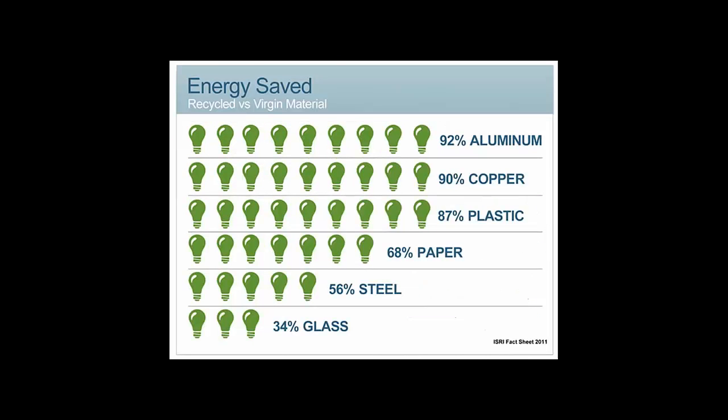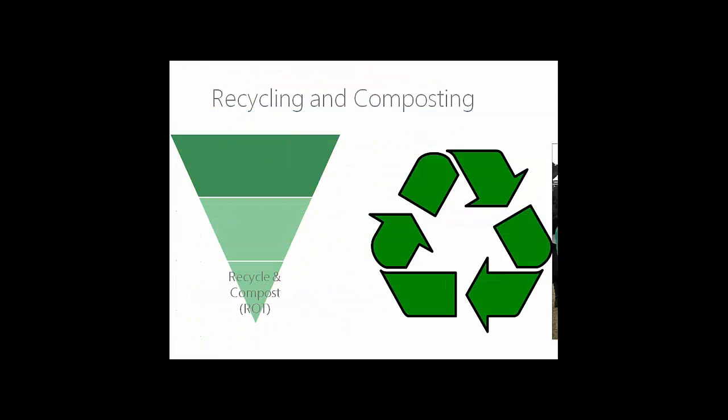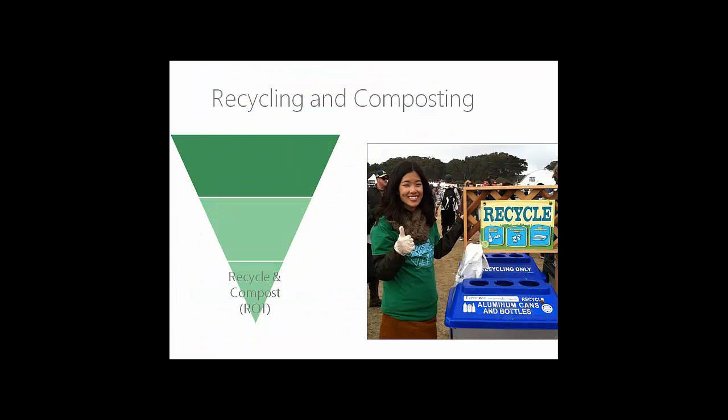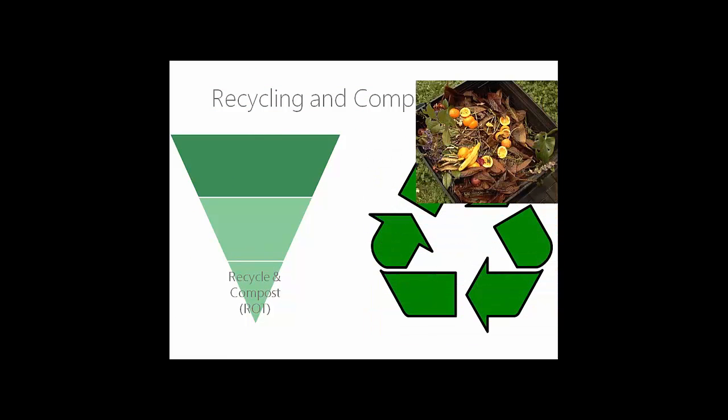So the process of recycling is where we take a product and do something to it to transform it into a new product. The great thing about it is that it not only saves natural resources, but usually there's a huge energy savings associated with recycling as well. When we take an aluminum can and recycle it into a new aluminum can, that saves 92% of the original energy versus mining the ore and going through the whole process of creating an aluminum can from virgin materials. So we have a lot of local community programs around recycling.